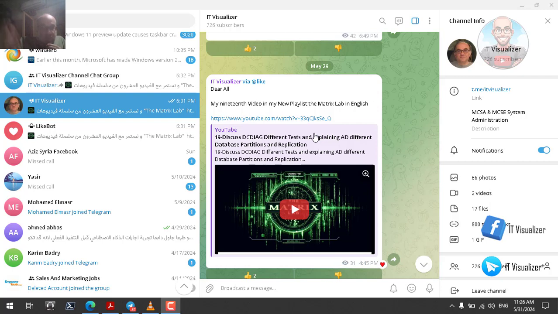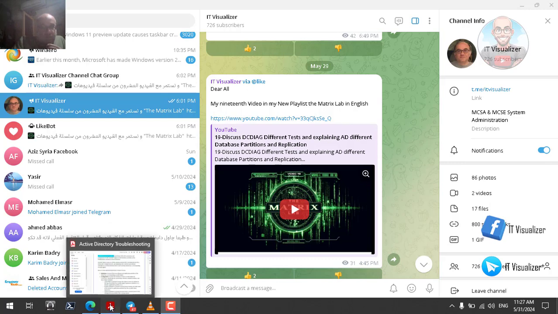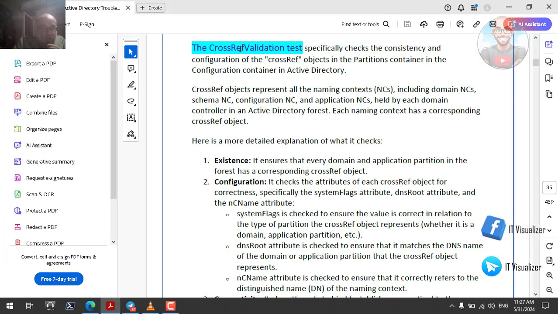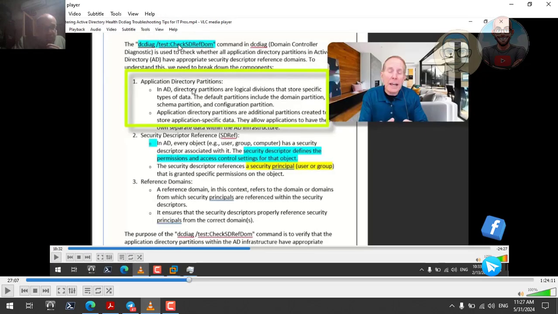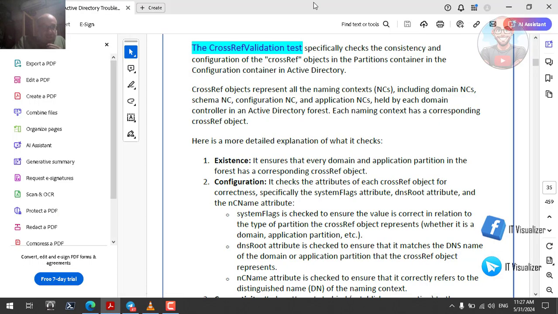One of them is something called, let me show you what it is named. One is called CrossRefValidation, and another one is called CheckSDRefDom. We will see each one of these tests, what it does, why it is so important, and what will happen if it fails. So let's first see